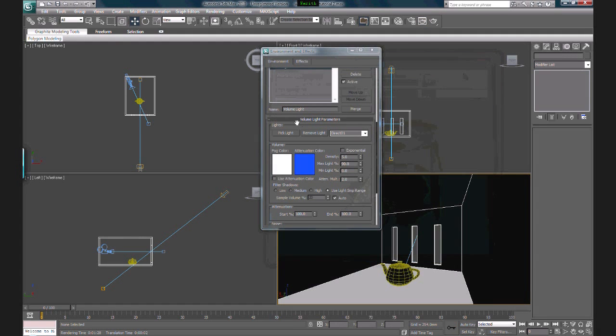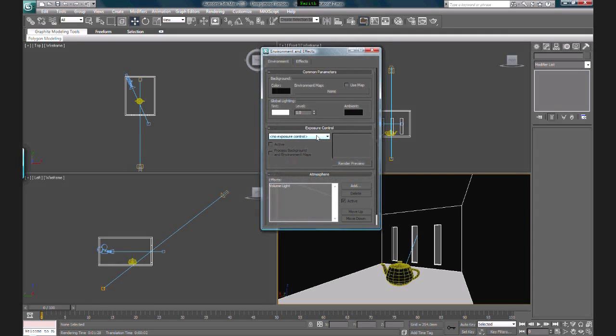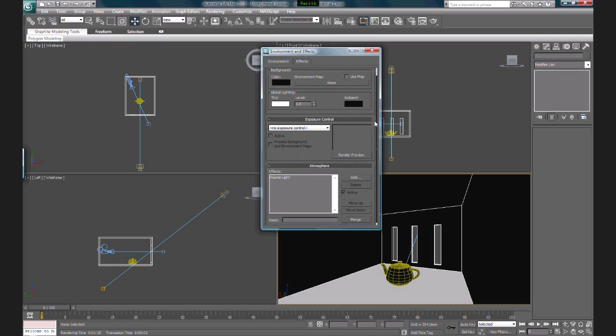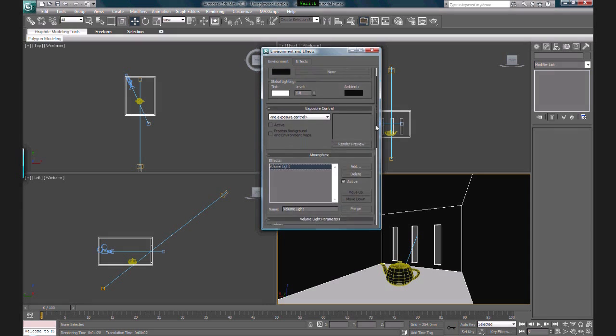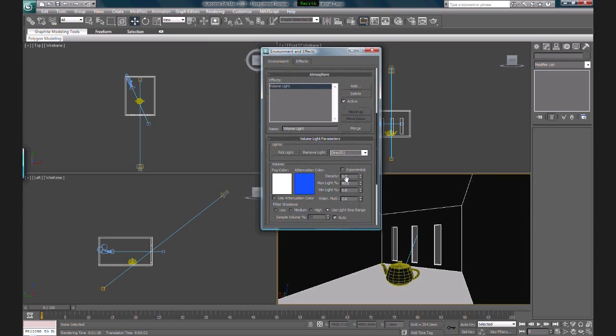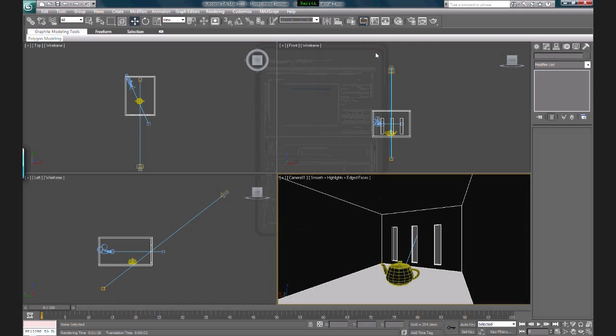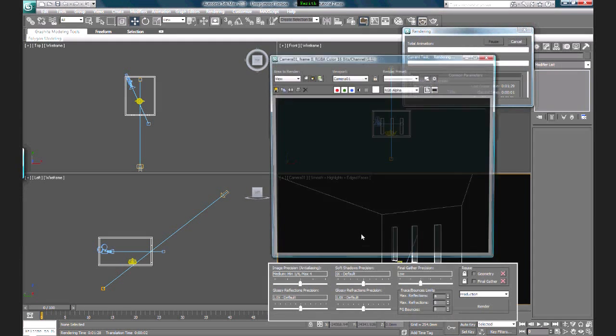So to do that, just press F8 if you happen to close it. F8. I'm sorry, not F8 but 8, just 8. Alright, click on that and click on volume light so that we have the volume light parameters available. Okay, so this is the one that's affecting the density of the ray. So right now it's 5, so if we reduce it to 2 and enter, we're gonna have a lesser density of the ray. So if I render again,